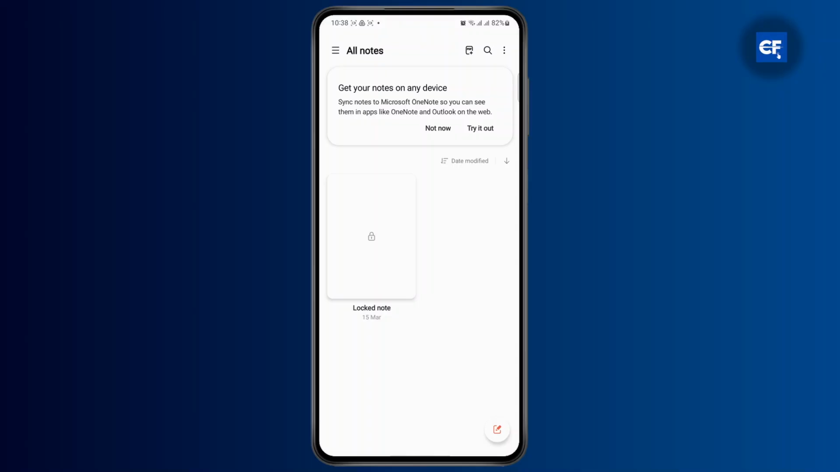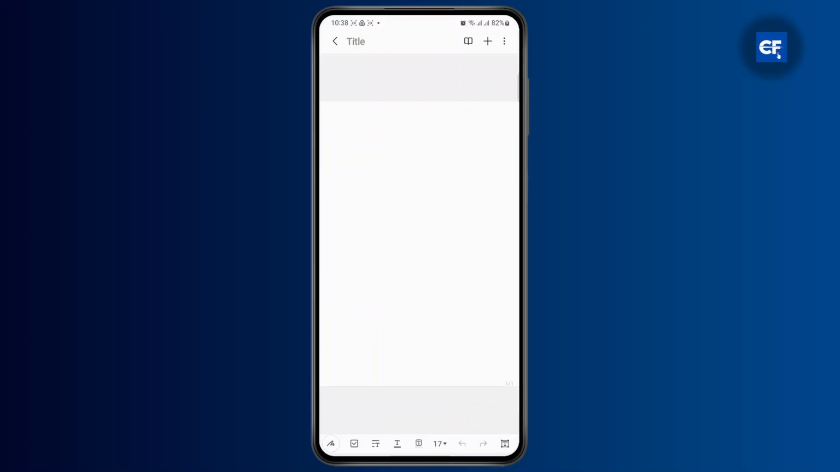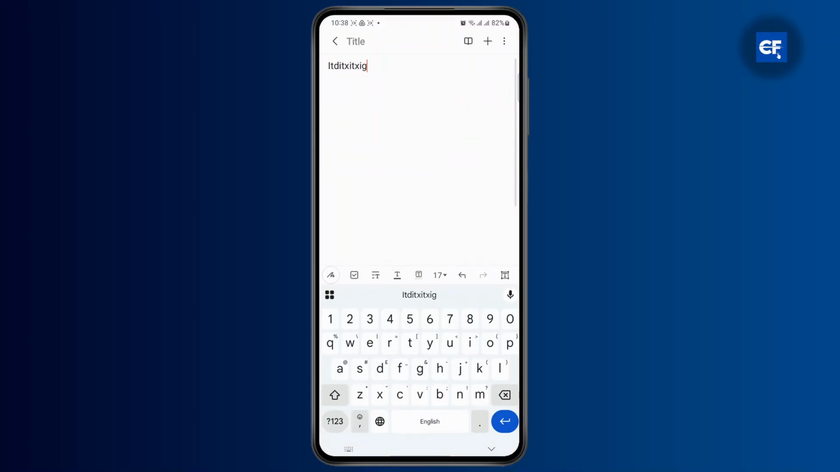From here on out, you're going to have to create a new note by tapping on the pencil icon at the bottom right corner. And once you tap on it, a new note will appear on your screen where you're able to take notes. So now, in order to bring in the grid lines, you have to tap on the